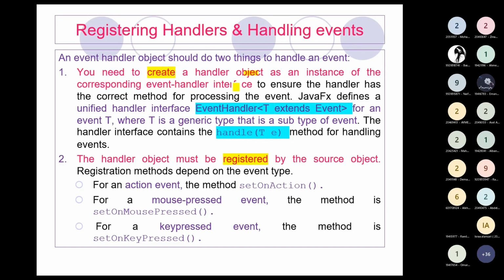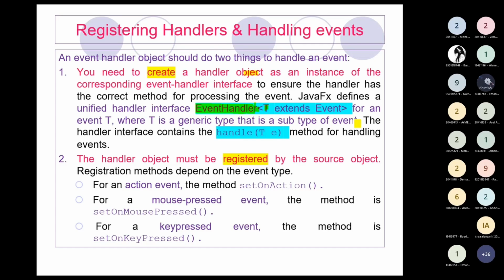How do we define it? JavaFX defined a unified handler interface. There is an interface called EventHandler. So this is already a library or interface within JavaFX. You don't need to create this one, an EventHandler. What's the argument of this EventHandler interface? It is going to take T, where T is a generic type of a